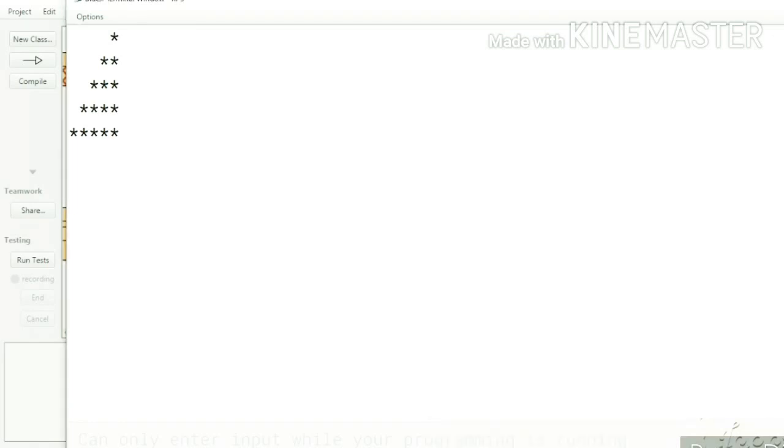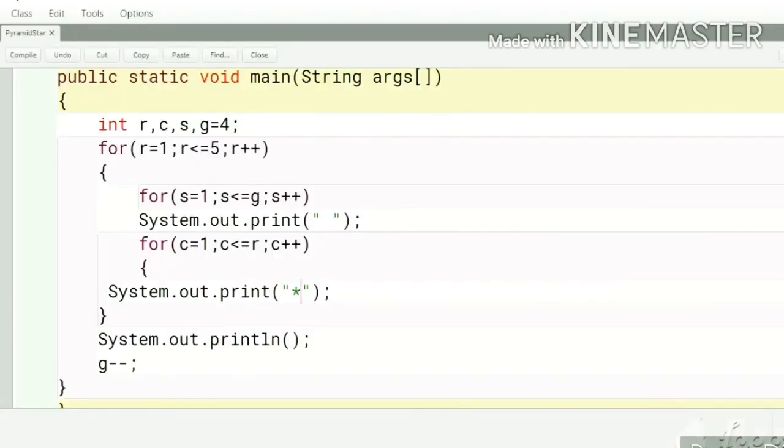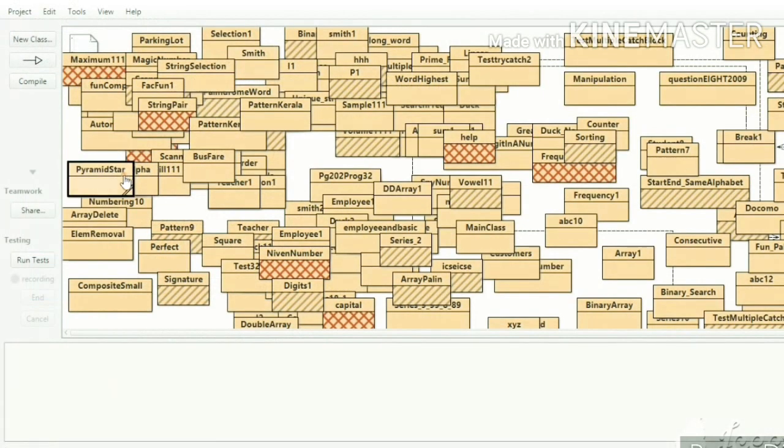Now we will go for the step 4 figure, which we finally have to print in a pyramid form. So let's go to the program. There is a slight change from the last program. The only thing we have to do is in the column loop, in the System.out.print, here we give the star and after that give a space. This loop is for counting the number of lines, this loop is for printing the spaces, and this loop is for printing the number of stars according to the row and column. Compile this program, close and see the output.